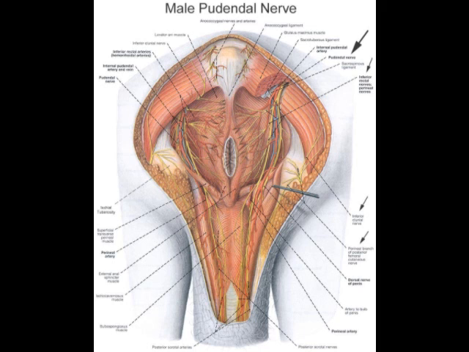Right to the right of the bulbospongous muscle, you see what's called the dorsal nerve of the penis. It's a yellow nerve there, but it has some red around it, so you can see it a little better there. And you can see how it's right alongside the bulbospongous muscle,